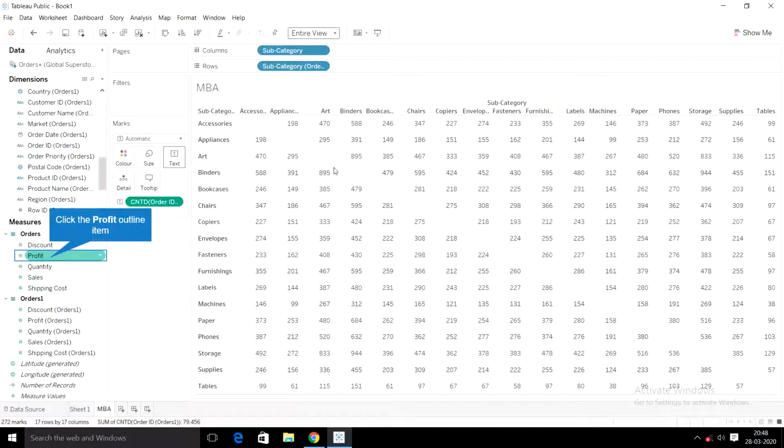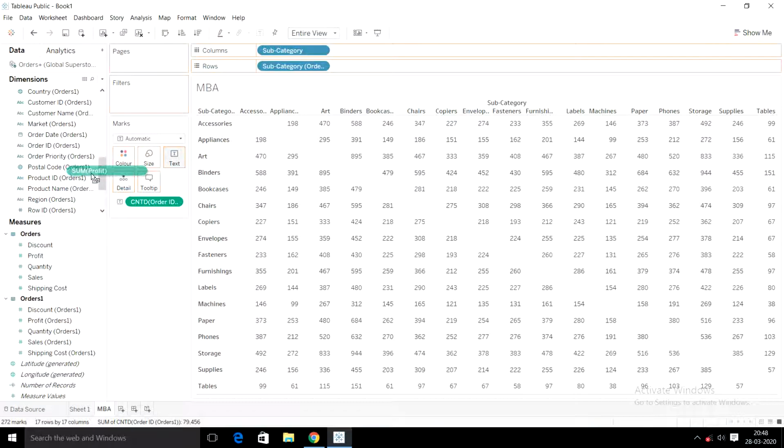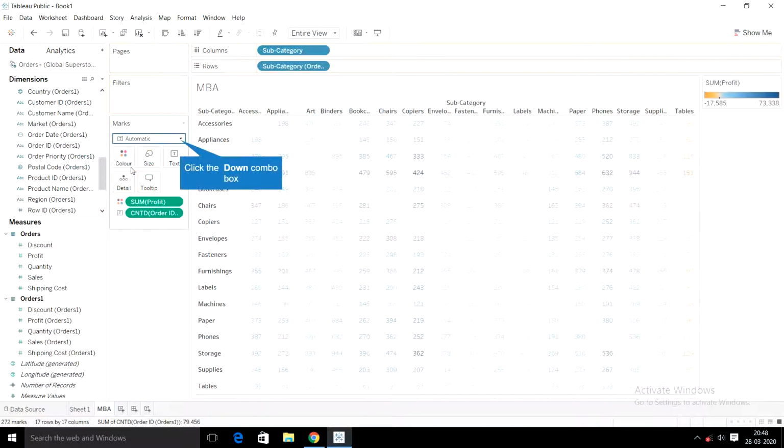This data will tell you how many times these two products are bought together. To have a clear understanding of the pattern of products being purchased, we are going to give colors to this table. I am interested in knowing about the profit generated by the combination of products, so I drag this profit and put it in colors.